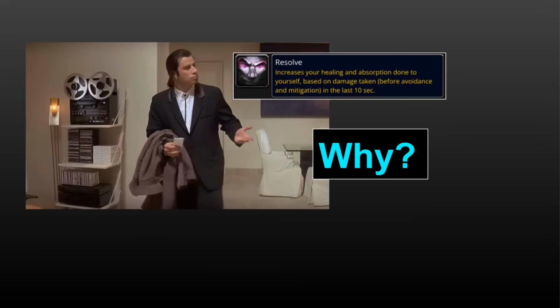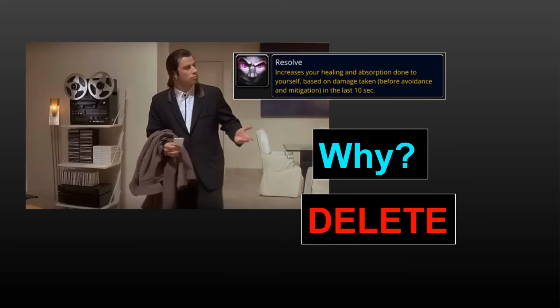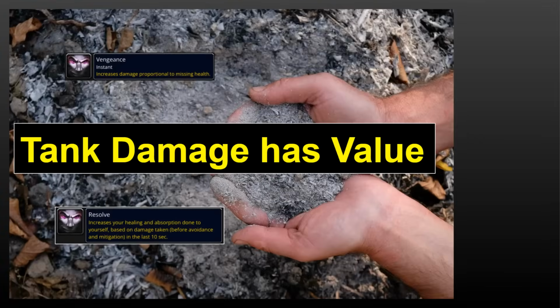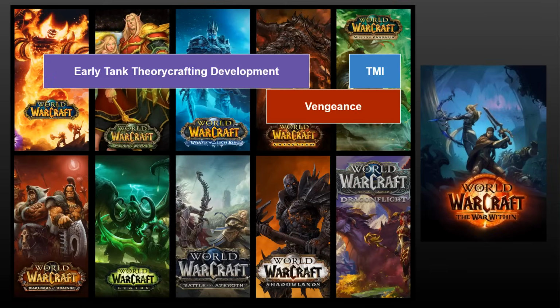And so the mechanic was ultimately unimpactful and was later removed at the end of Warlords of Draenor. While the experiment of these mechanics was ultimately a failure, I would argue that one of its lasting impacts was that it removed the notion that tank damage should be completely ignored, even though the opposite position becomes a problem in later expansions. With that context out of the way, the next major milestone is the development of TMI, where